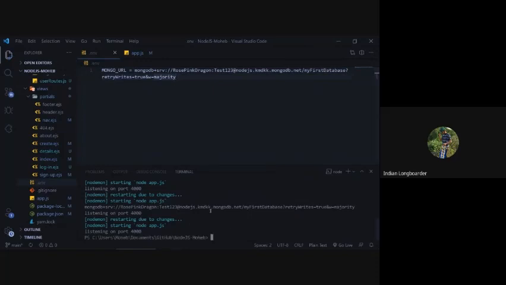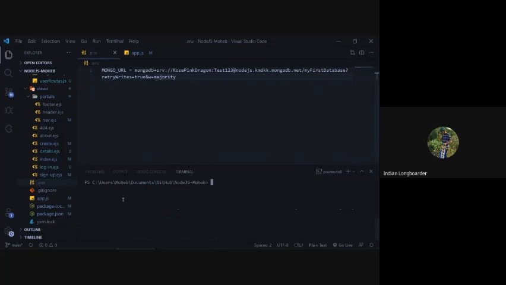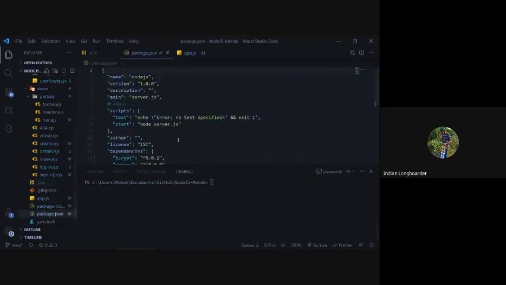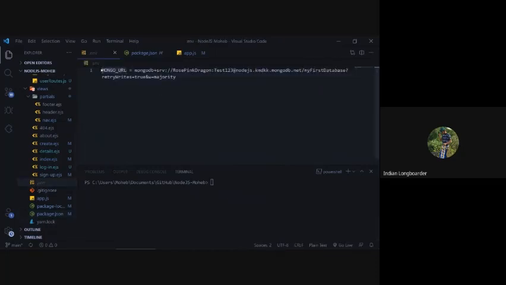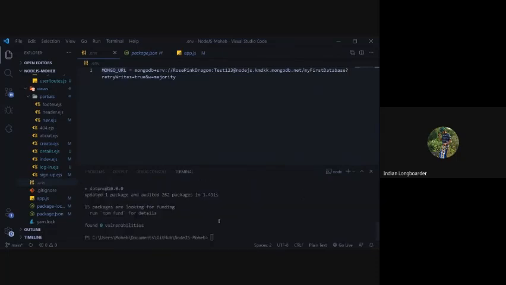After doing that, I have to install a dependency known as dotenv. So if you see over here, I installed dotenv. Dotenv allows us to access that env variable. So right now to access Mongo URL, you need to install that. To install that, you have to say npm install dotenv and then hit enter. I'm installing it again right now, even though I have it. Since it was already installed, it took very little time. It just said updated one package.